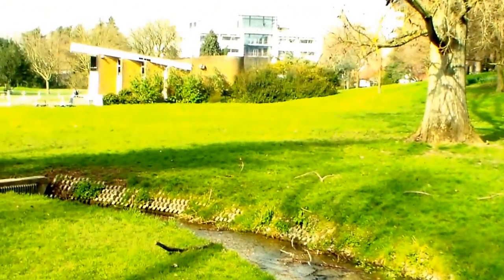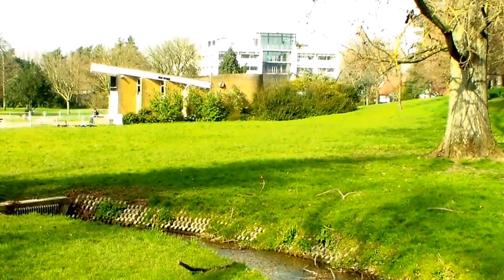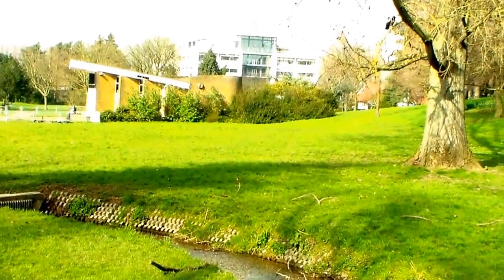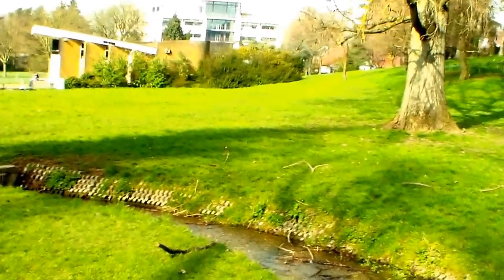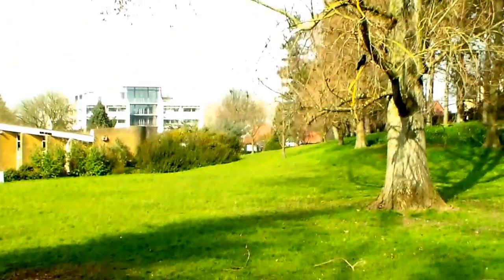In the background there you can see more daffodils that have been planted, and that place there, they used to have little rock bands and things there. I wasn't particularly interested at the time, even during the 60s. And that big horrible building there